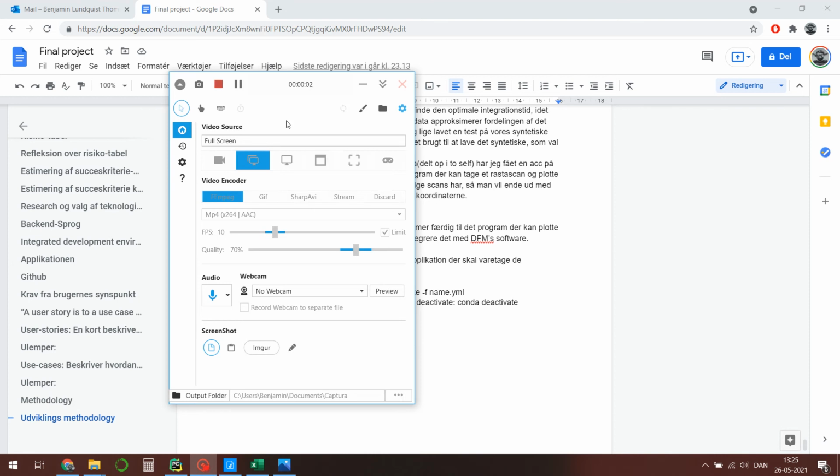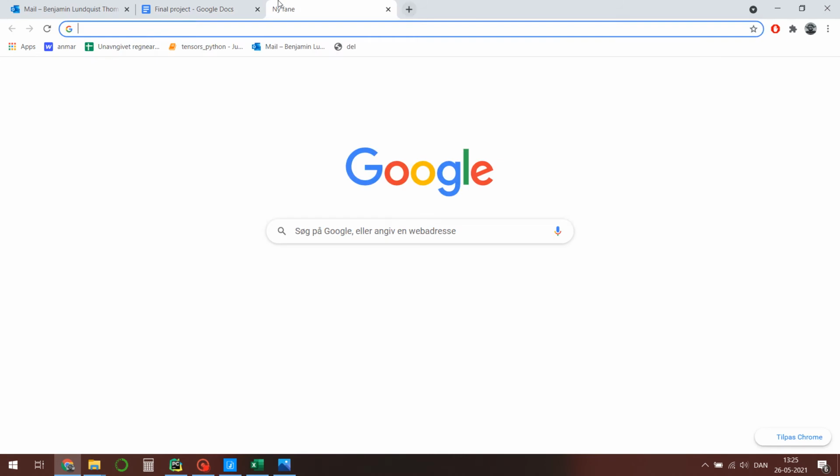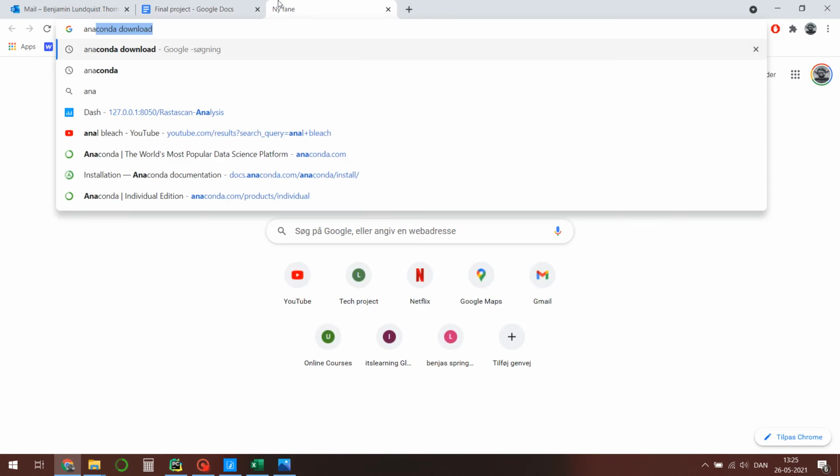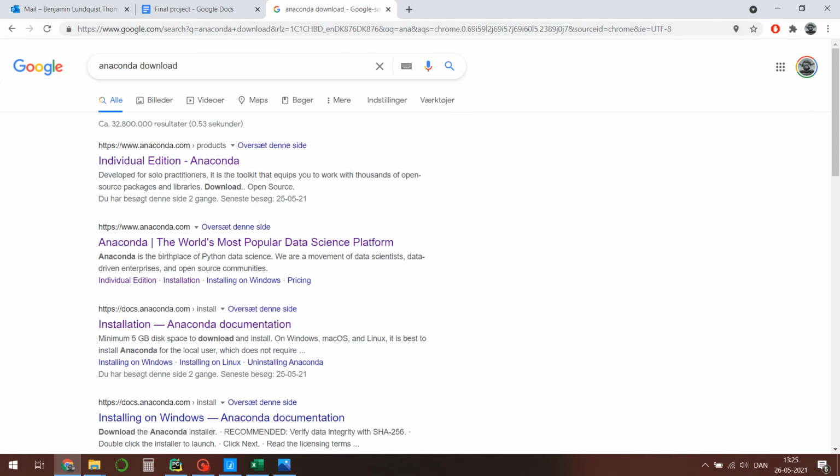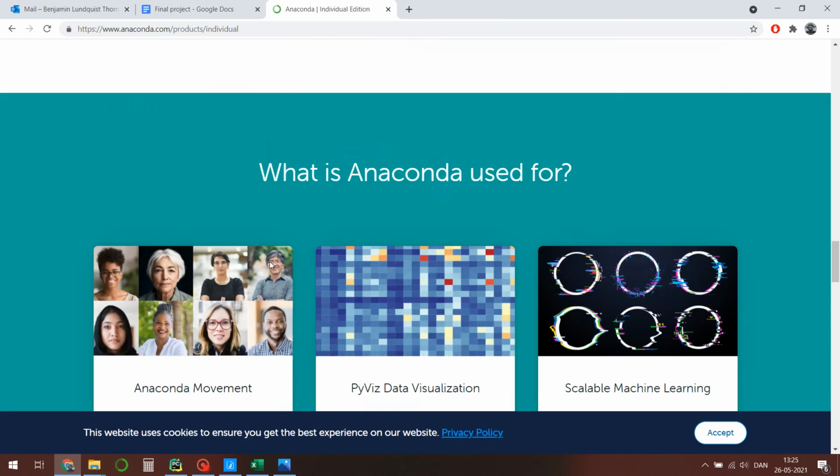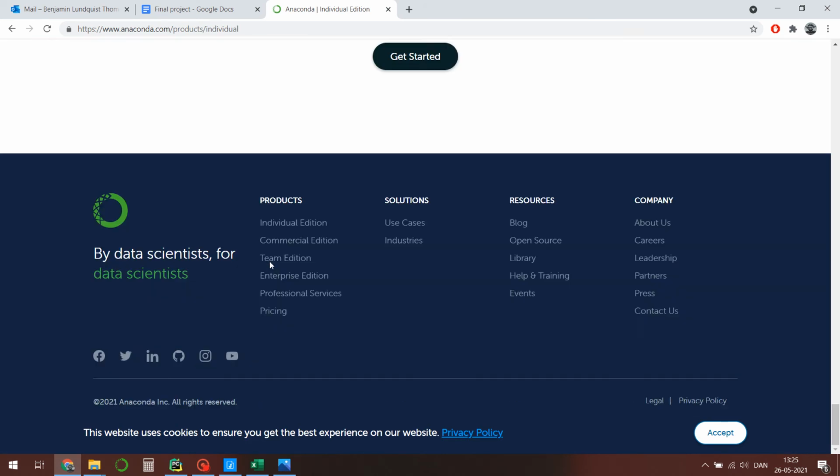In this guide I'm going to show you how to download the application and how to get it up and running by building the environment. The first thing you need to do is to get an Anaconda distribution. So we'll just say Anaconda download and then go into individual edition, and then in the bottom of this page